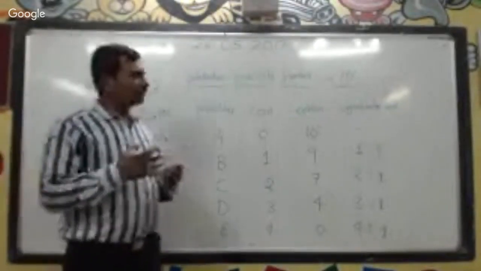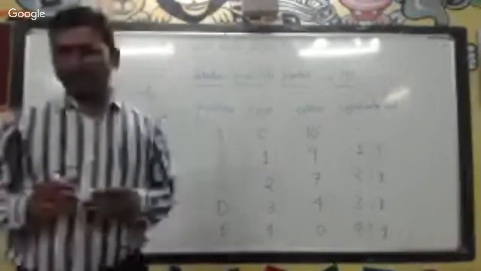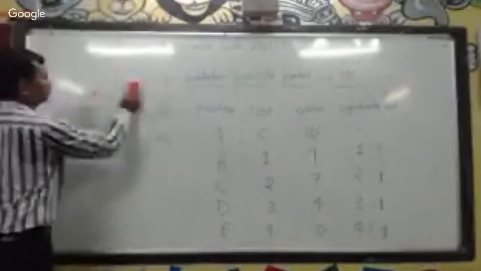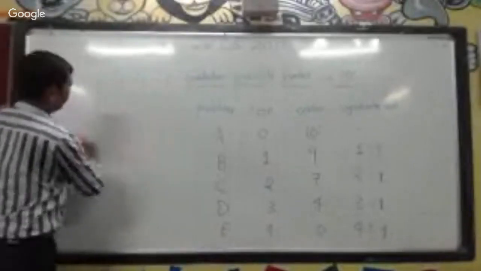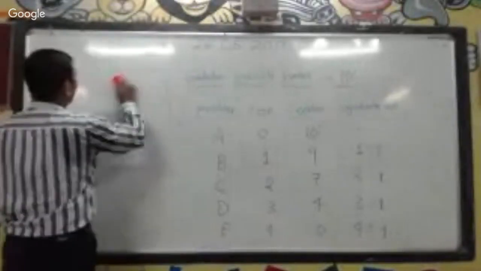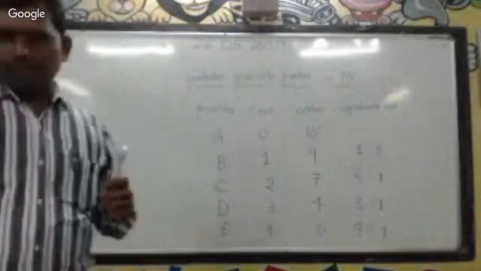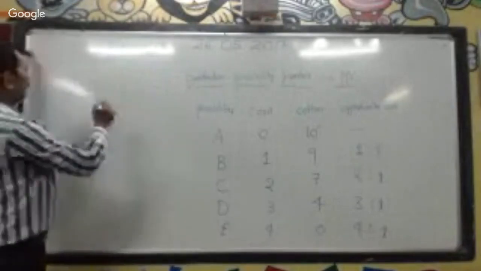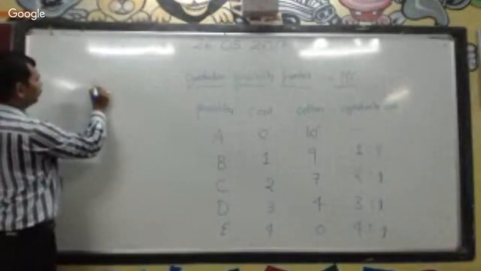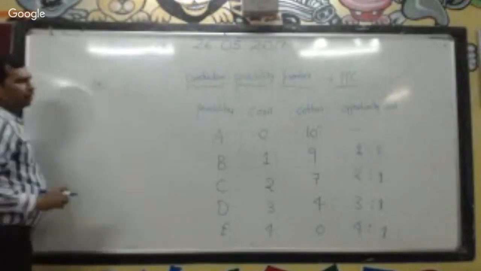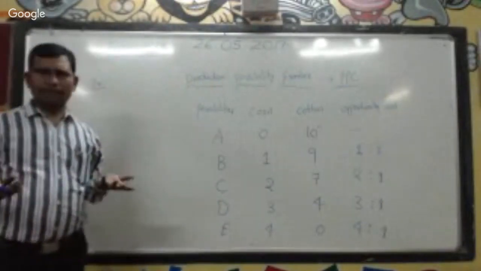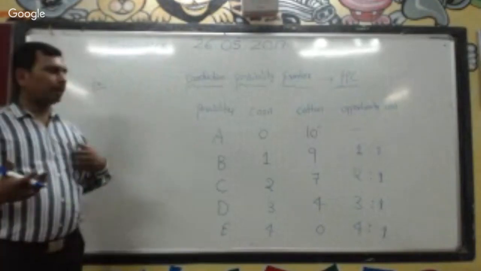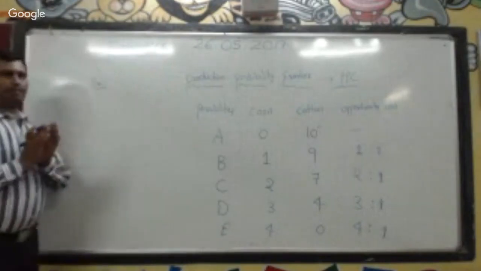Right? To understand opportunity cost, we will take another example so that you can understand clearly. Example for opportunity cost. Opportunity cost is also known as foregone cost. Okay. For example,